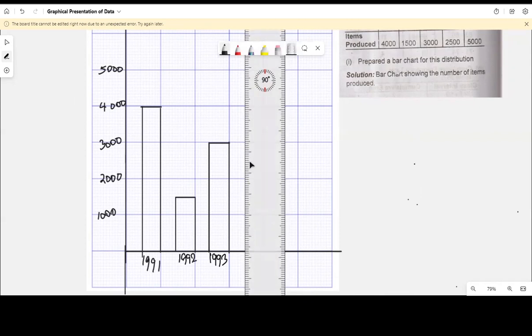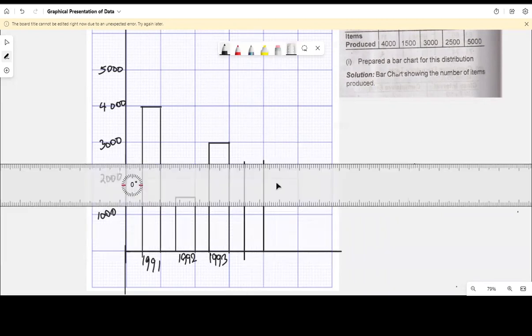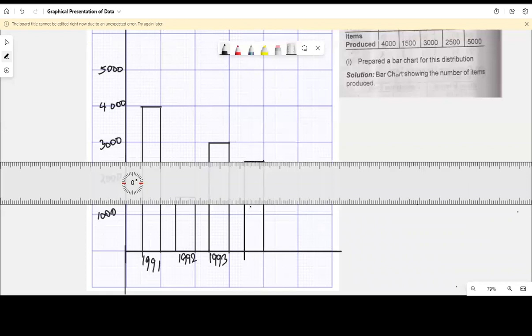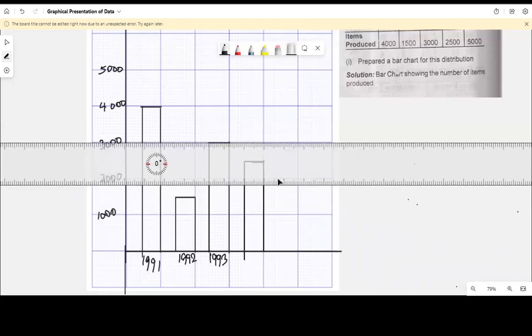And the data is 2,500. 2,500 should be here. Go up a little. Yeah. Okay, that is 1994. And then finally,